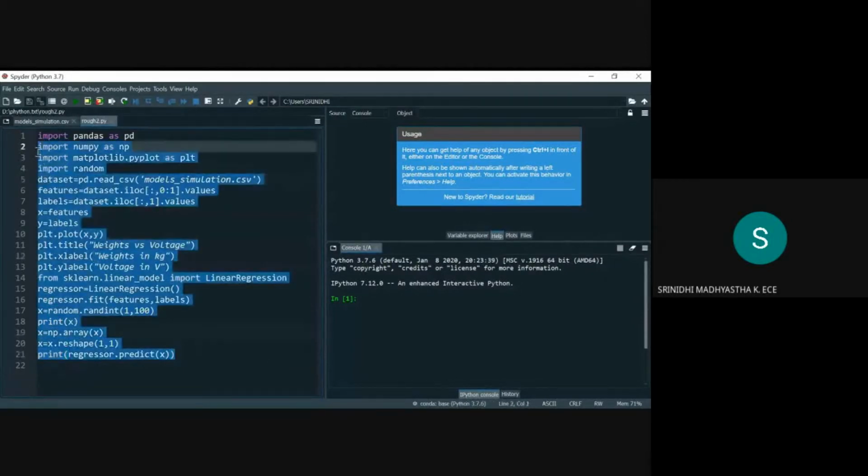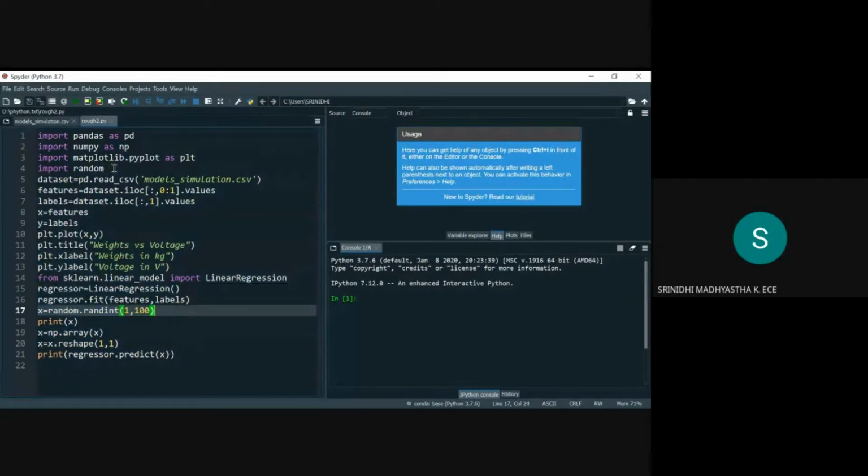This is a program. First, we have to import the libraries. Pandas is a library used to load and transform the data. NumPy is numerical Python, which is used for mathematical expressions.